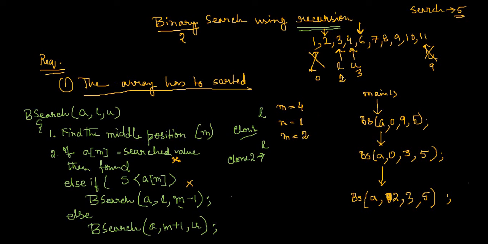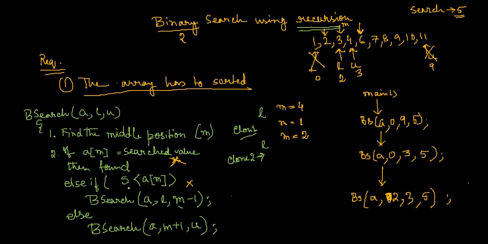That means whatever I am thinking as the low L is M also, according to this logic, right? And you see, A of M is still not equal to the search value, that is 5, because right now A of M is 3. Right. So that means what's happening? This particular condition will again fail for this new binary search clone function.